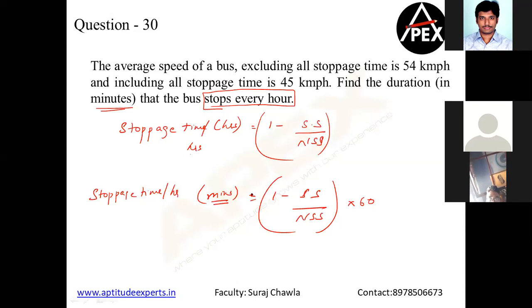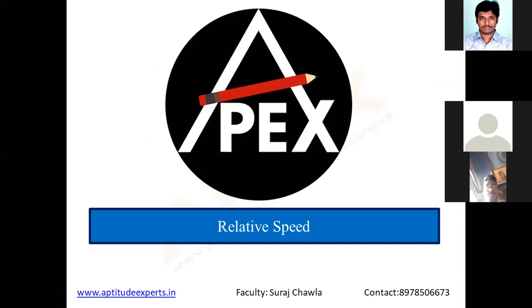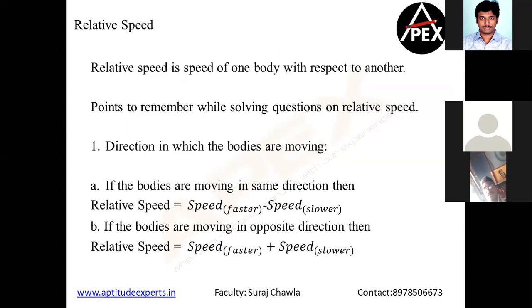Clear? Yep, somebody's asking. I'll just clarify your doubts, guys. Let's first understand average speed. Right now, the relative speed of one body with respect to another is the average speed. Yeah, guys who have just sent me doubts, I'll get back to you. Don't worry.